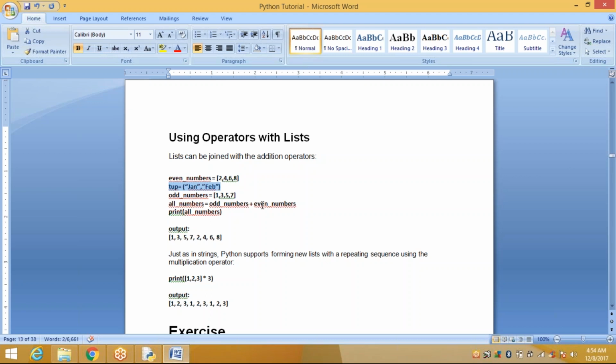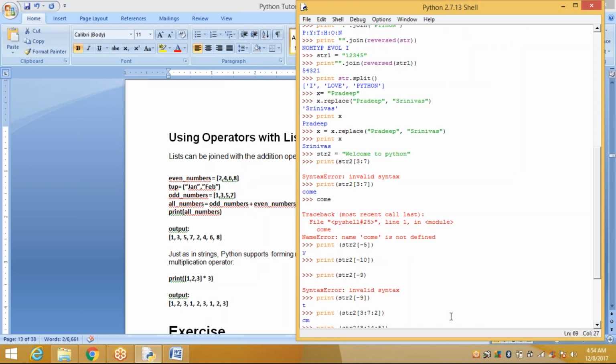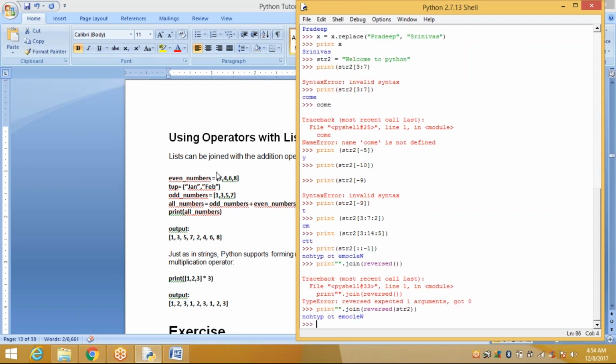What is the difference between list and tuple? A list is declared in square brackets, whereas a tuple is declared in parentheses. A list can be changed, while a tuple cannot be changed, that is immutable. However, you can take portions of existing tuples to make new tuples. How to define it? How to apply? See here.